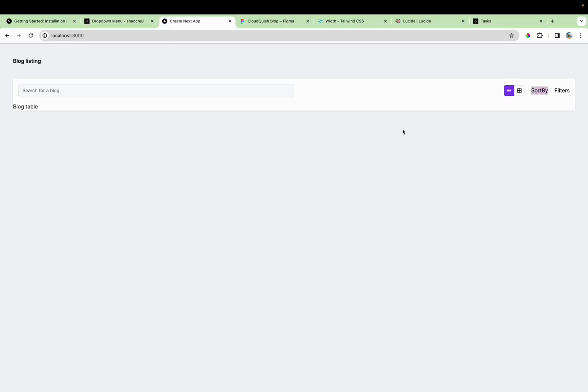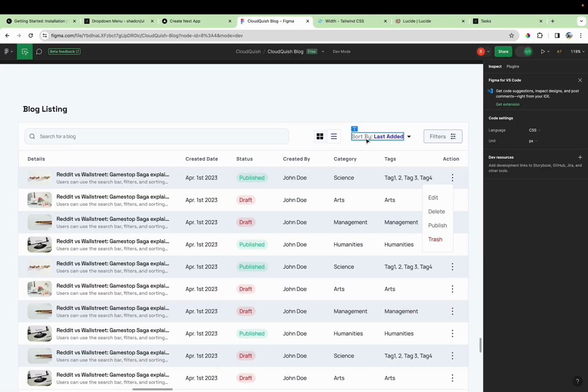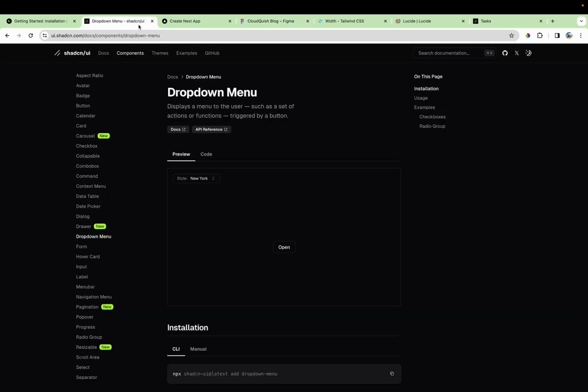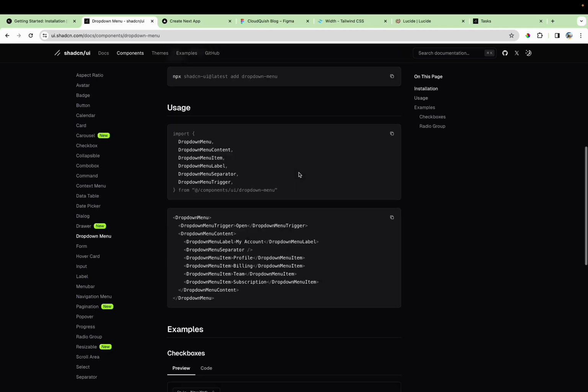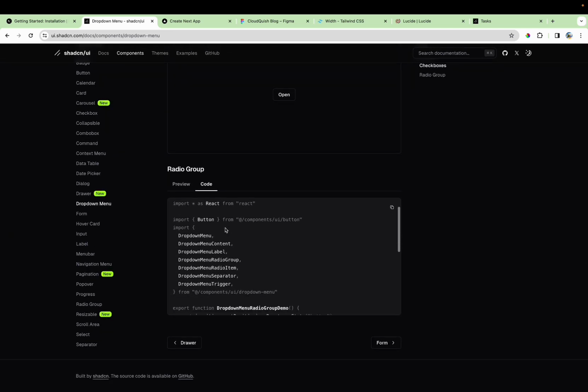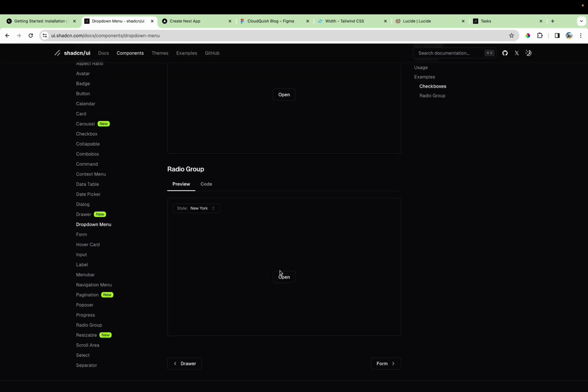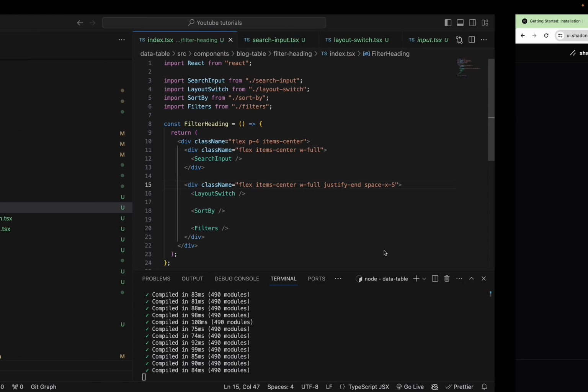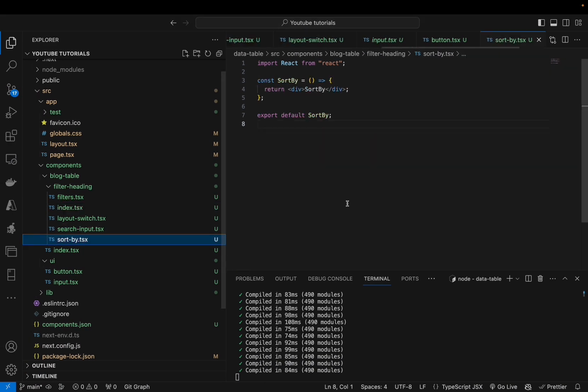So in order to work on sort by component, we see that a search by is a component which will open a menu in which we can select what we need to sort by. In Shadcn, we already have a component called drop down menu, and inside the drop down menu we will be using something called radio checkbox. So if I click on it, you will see that it will have the checkbox that I can select from. So if I just copy the code for it and then paste it on sort by,